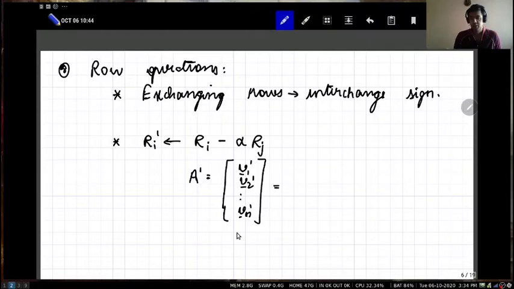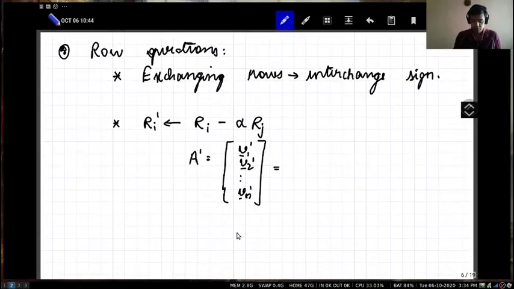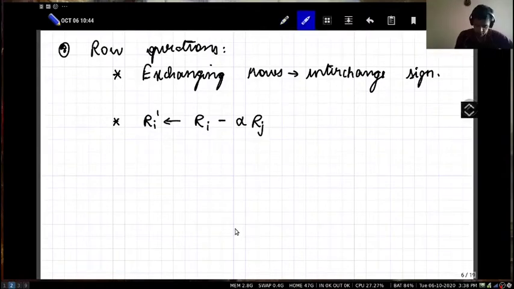then the sign gets interchanged. So if I perform the elementary row operation of exchanging any two rows, then all it does is interchange the sign of D. Now, what if I do a basic row operation, which is I replace the ith row, I take Ri prime to be the ith row minus alpha times the jth row. Now, let's call the original matrix A, and the new matrix A prime,